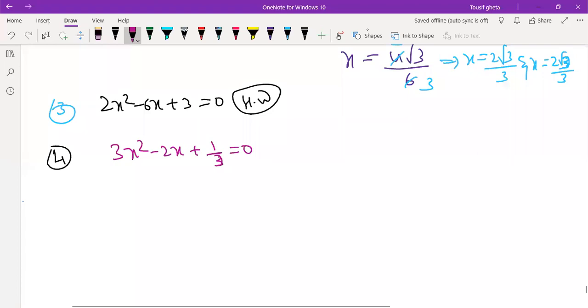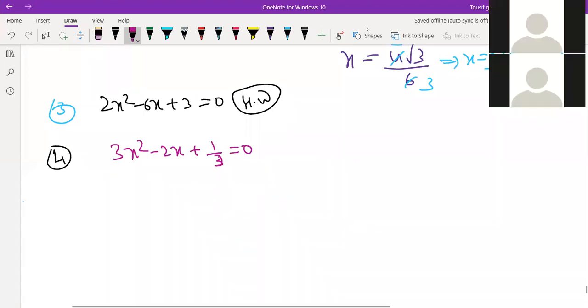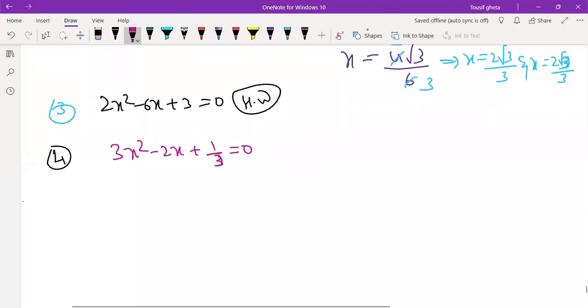Yeah, Divyarani, whenever you get real roots, you need to find out those roots. Real root. Either if you get a 0 or if you get any positive number, you should find out the roots. Okay. If you get negative answer, there is no real root. When no real root, there is no need to simplify. No need to find out the roots. If you get 0, that is called real root. 0 is real root. Positive value is real root. Then you should find out the roots by using formula.